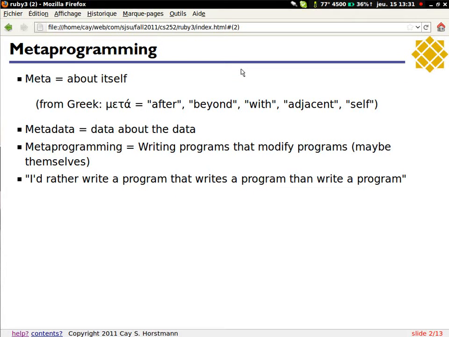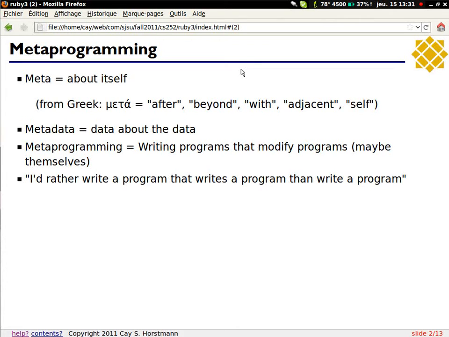So I wanted to talk about the first theoretical subject today, metaprogramming, but to make it not so theoretical, just use Ruby as a guide. Meta is just a general term that you use for words that talk about something at a higher level, like metadata is data about the data.